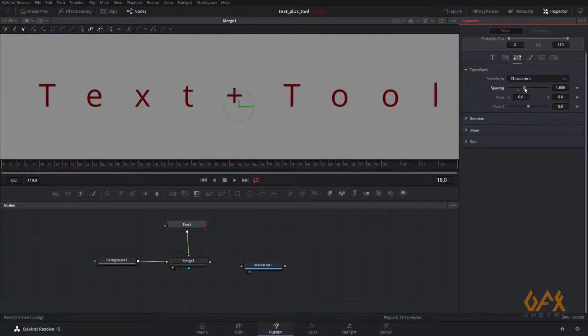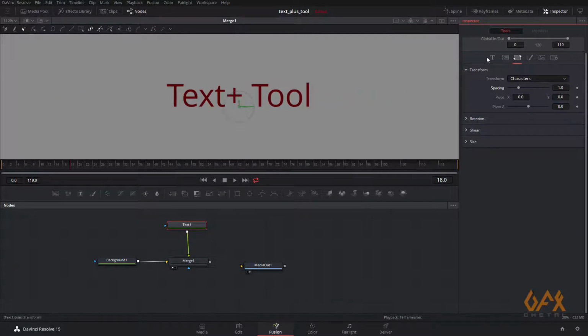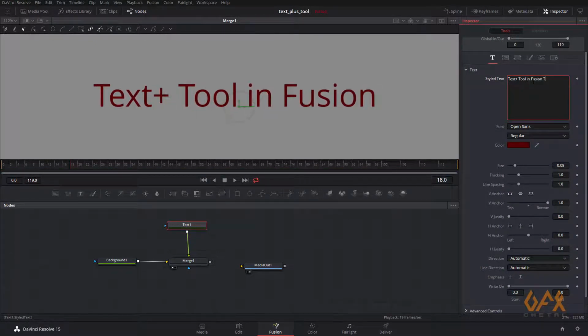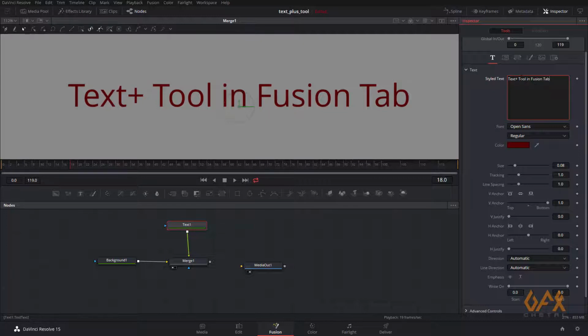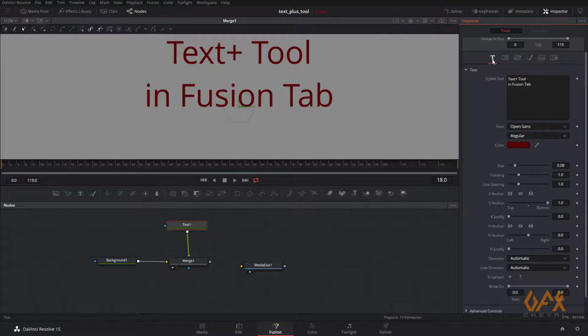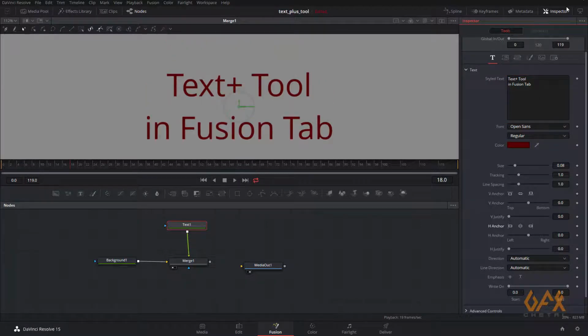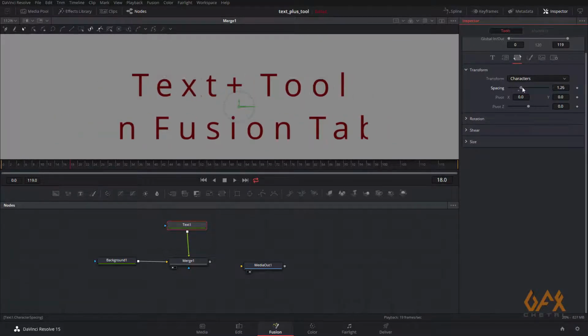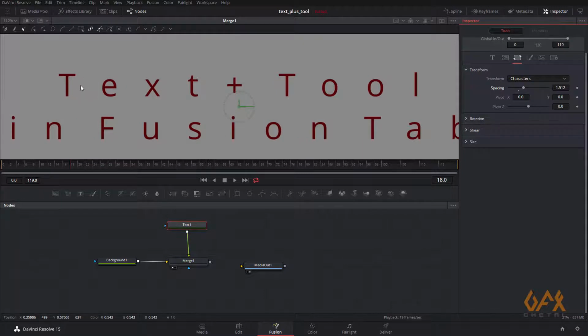So if I change the thing, and even I change some text like in the Fusion tab, align to center, again go to transform, and in character if I change the spacing, now you can see the spacing between two characters is increased.